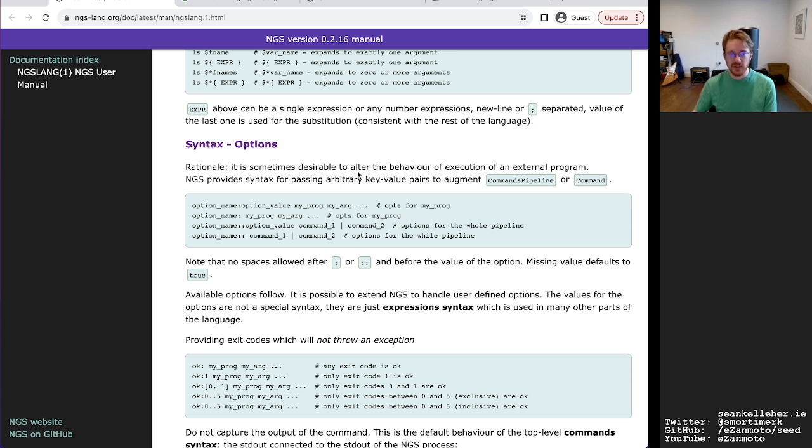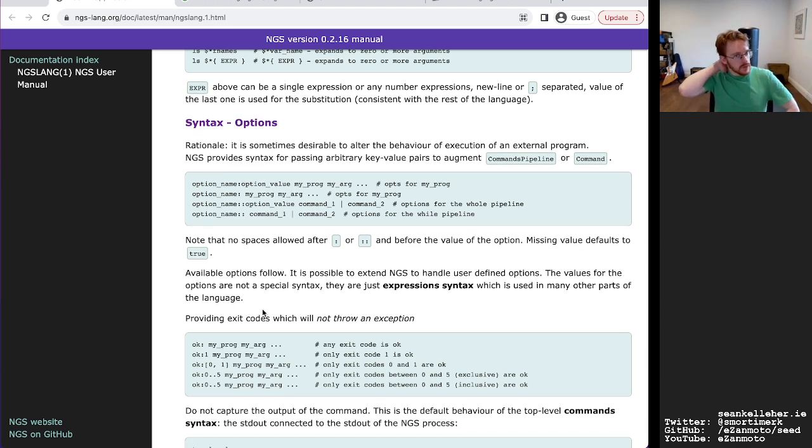Yes, and this is an interesting one. Alter the behavior of execution of an external program. The way it does that is by providing key value pairs, so altering the behavior and also altering things like the directory that it's running from.